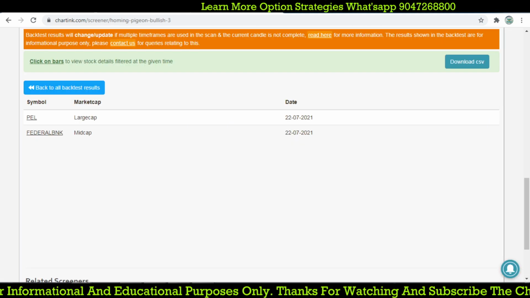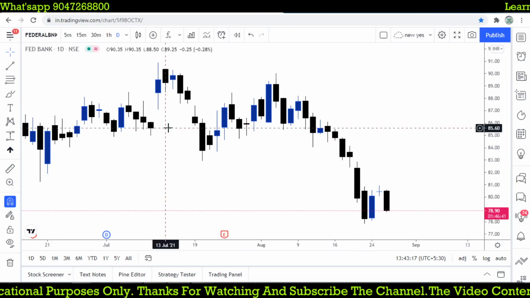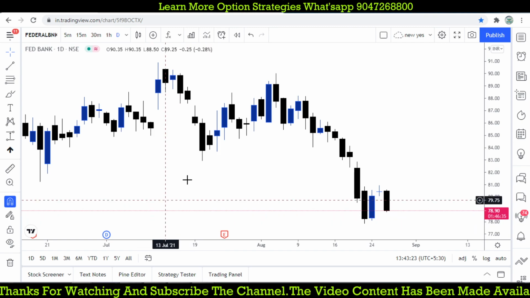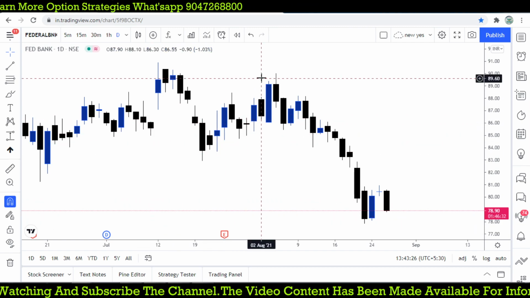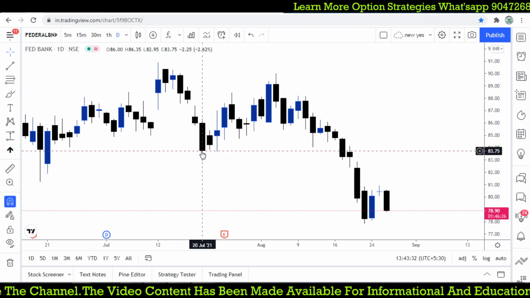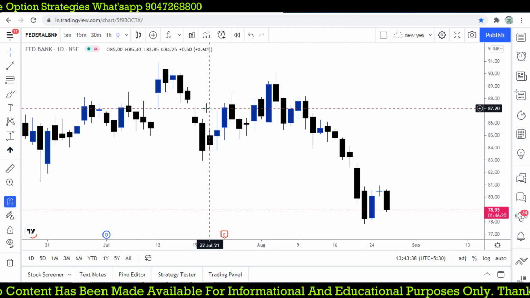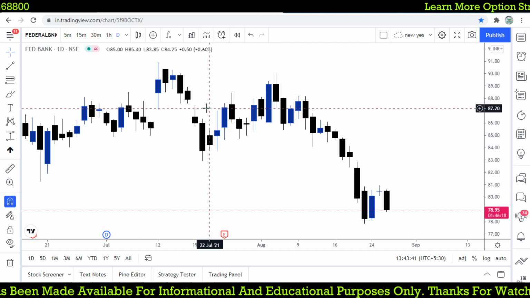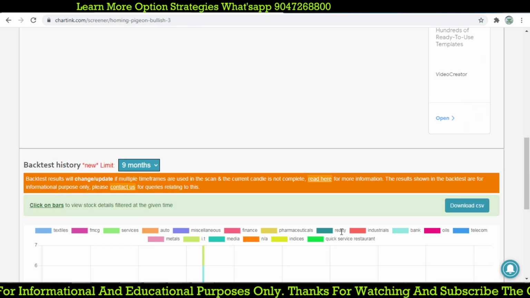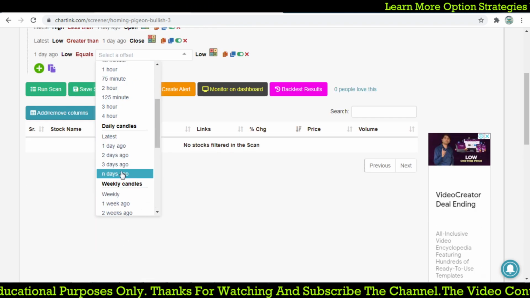And the second one is Punjab National Bank, sorry, Federal Bank. Let's check it out. Yes, this is where the candlestick pattern forms. Whenever it broke the high of 86, it moved towards 90, where the risk for the trade was 86 to 83, 3 rupees, and it generated a 3 rupee profit. So once we find such a great candlestick pattern, it will help us find trade opportunities at the bottom and the top. So that is what I'm going to discuss here. So this should be the monthly low, or any other thing.